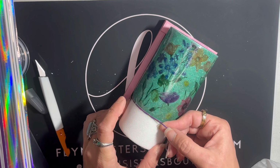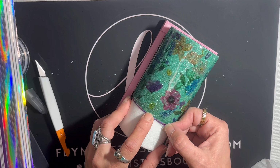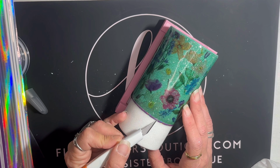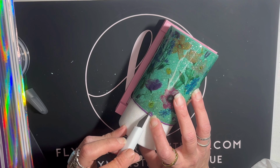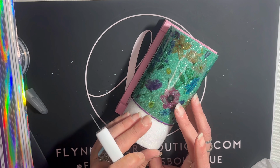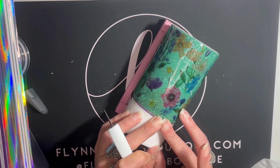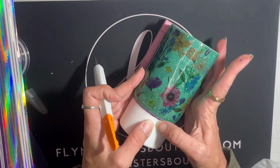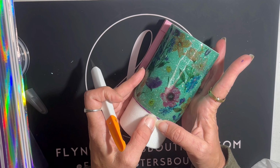And then again, I'll use my craft knife here, right where the two meet almost, and then get that little back piece off there and push them together so that they meet up nice and neat. And once I have those all pressed down, we'll move on to